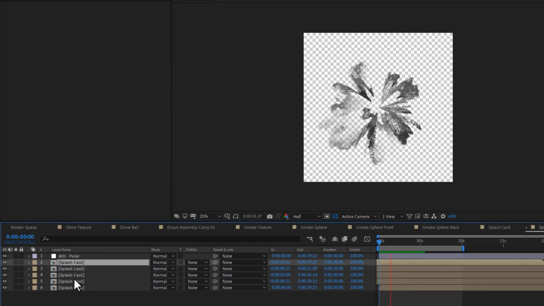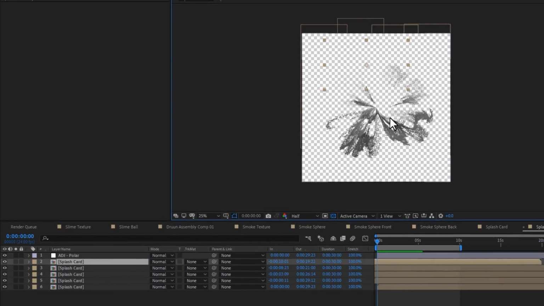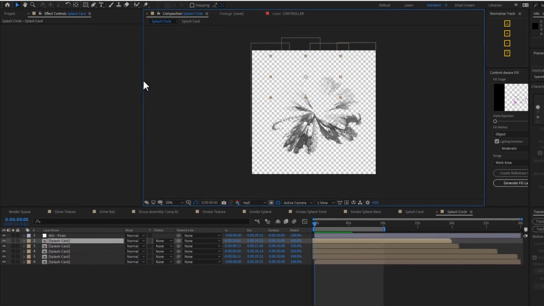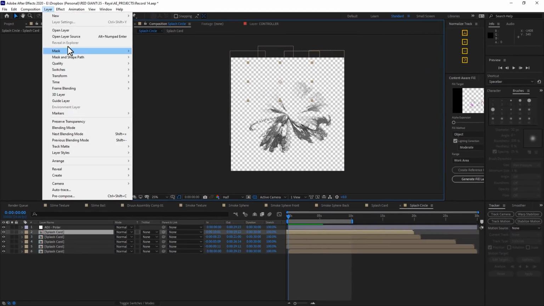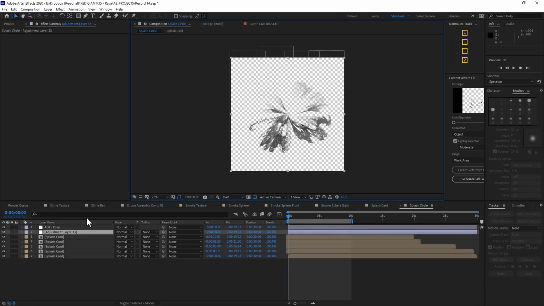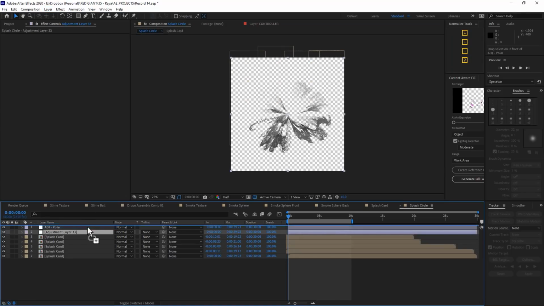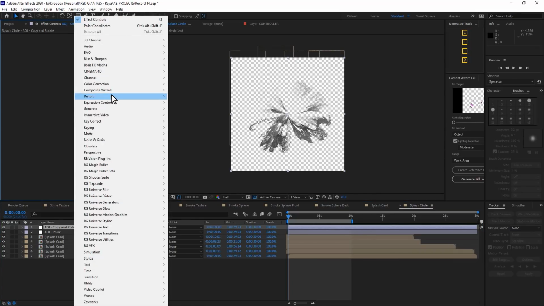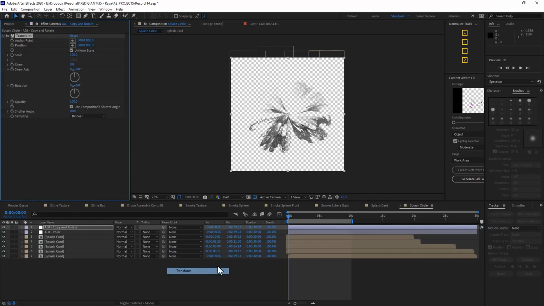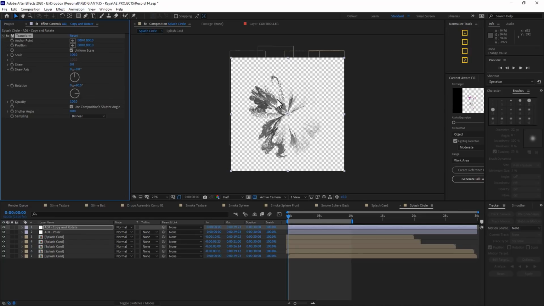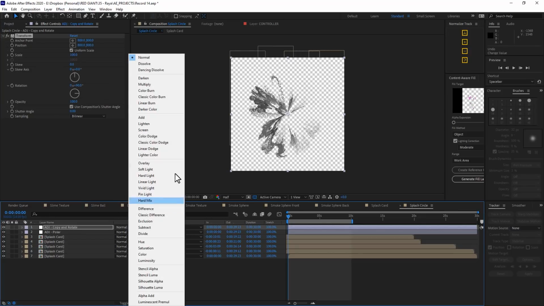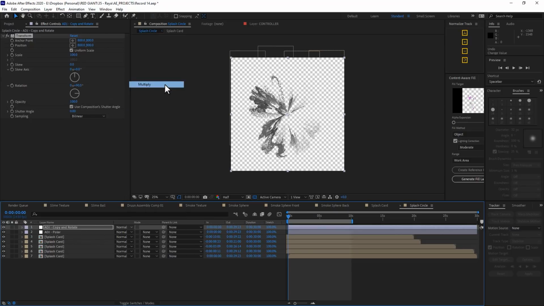And we could keep duplicating splash cards until we have the level of complexity that we like, or we can do a really simple cheat that I like to do, which is adding a new adjustment layer. We'll put this on the very top, and I'm going to call this adjustment copy and rotate. And here I'm going to apply Distort, Transform, and I'm going to rotate this thing 90 degrees. Now, boring, right? But if I switch the mode of that adjustment layer to multiply,